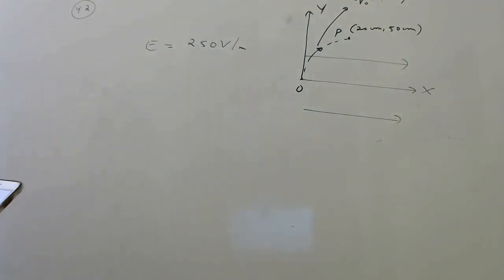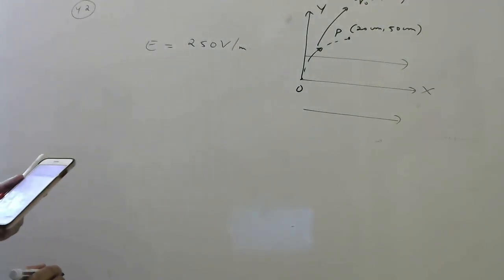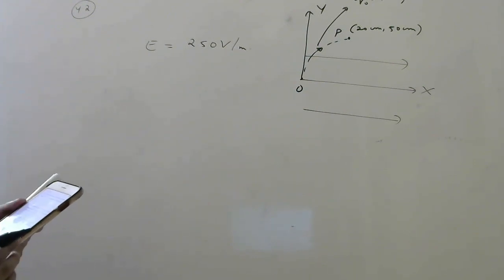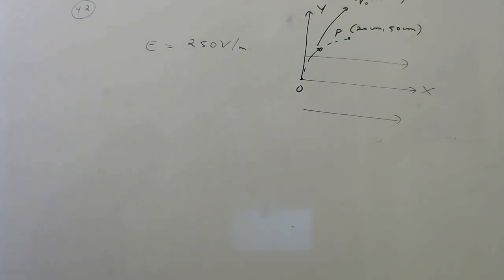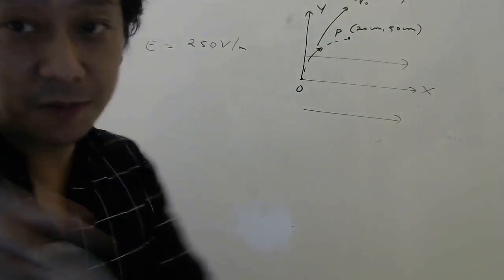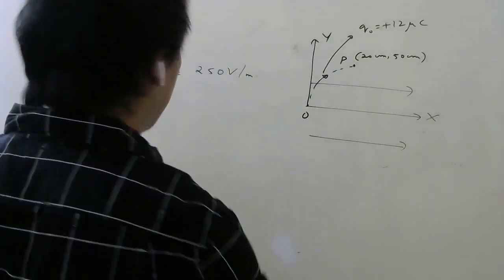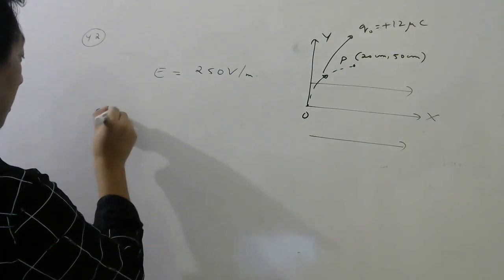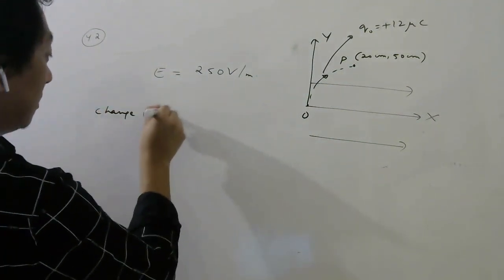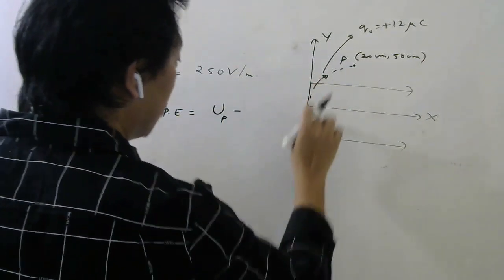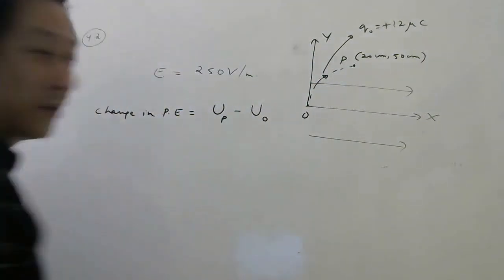If the change in potential energy of the field system is minus k into 10 to the power minus 4 joules, then what is the value of k? They are asking change in potential energy of the system. Okay, sorry. So they are asking from here to here, when you go, what is the change in potential energy? That will be U final minus U initial, right? That they are asking.